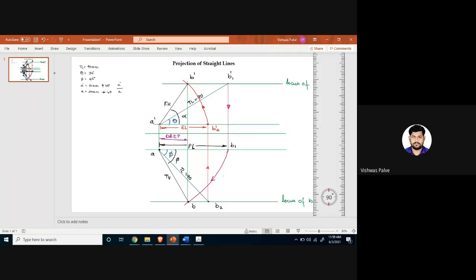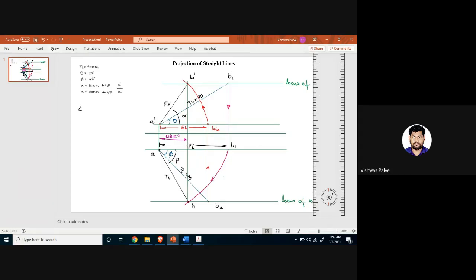Yes, please concentrate here now, because these notations will help you solve any problem of projection of lines. If you get each and every term easily, then you can consider any line problem and easily solve it. Now this was the line in the first quadrant, but it can be in the second, third or fourth quadrant, and still the notations will not change. The notations of that line will never change. So let us see some concepts.